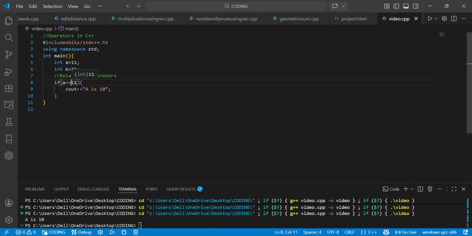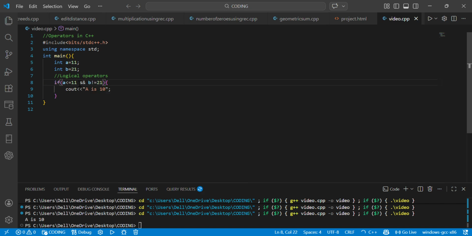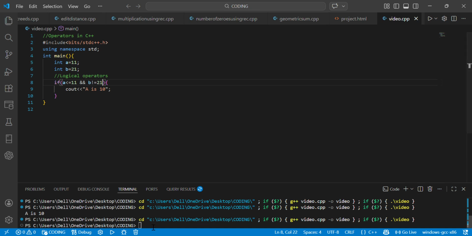Another is logical operators. Logical operators. These have use in if else, for loop and while loop type conditions. So if a is less than equal to 11 and b not equal to 21, then output a is 10. You know that nothing has output because b is equal to 21. If I use b is equal to 20,